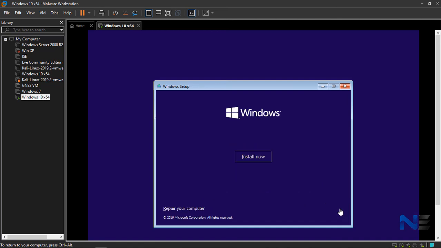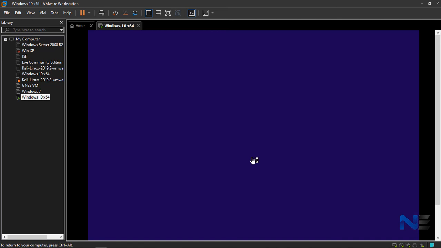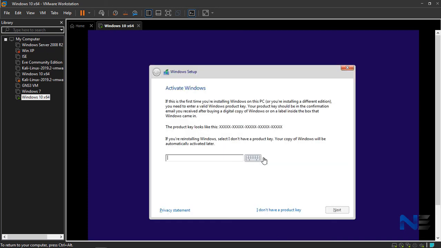Select your country, then next, click on install now. You can give your key here if you have a window key. I'm installing for trial purpose just to show you how to install. So I will click I don't have a product key.